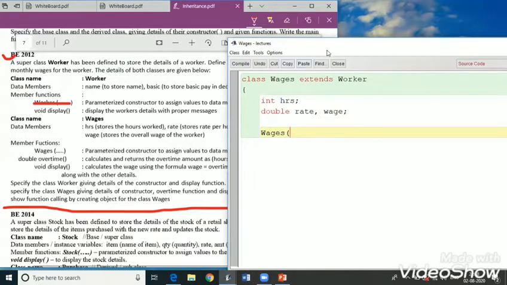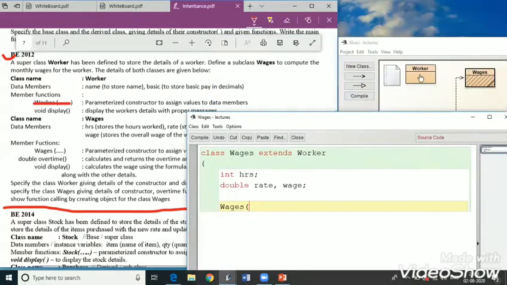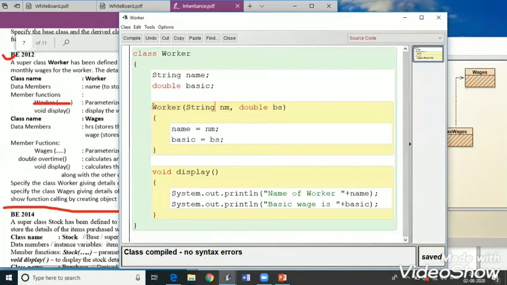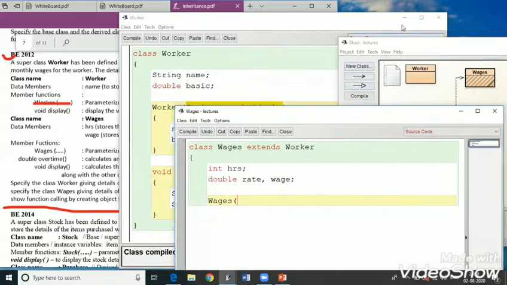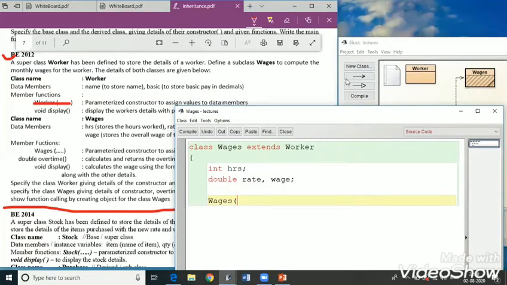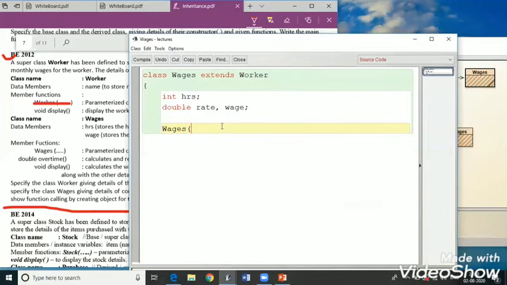So when we made this base class, in the constructor of the base class, there were only two variables. So we will just write down the same two variables when we are designing the wage class. So in the constructor of the wage class, we will just pass these two variables and two more variables, one for hours, int hr, and